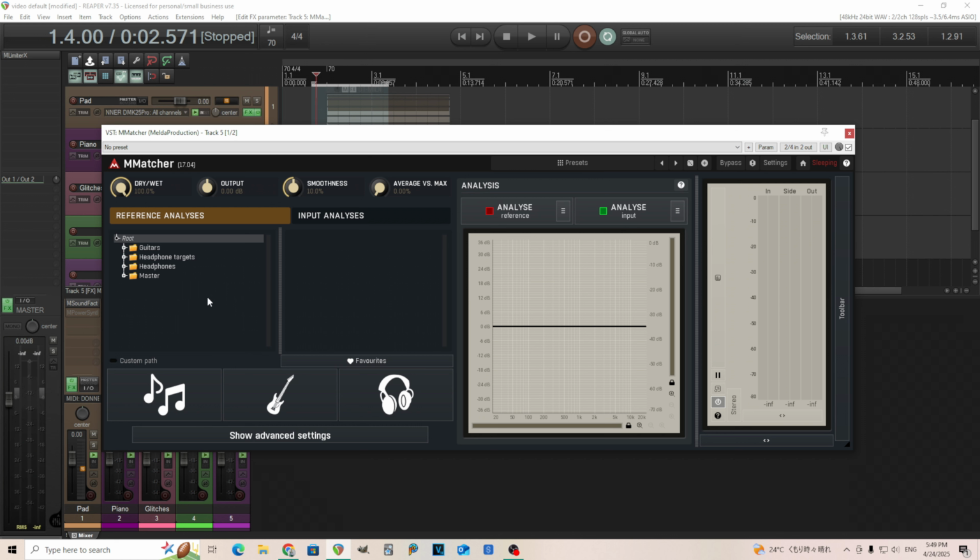Now, as I said, you can save it, but you're like, what do you mean save it? Where would I save this? So once you have this spectrum, you can save it over here. So you have reference analysis here. So let's say I have a song I want, and I think, I want to analyze it. It'll be saved in here, and if I have a master, just click here, open this up, and you see